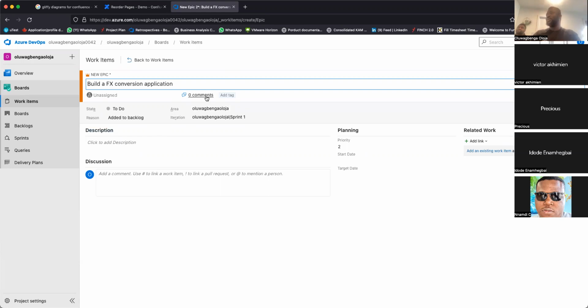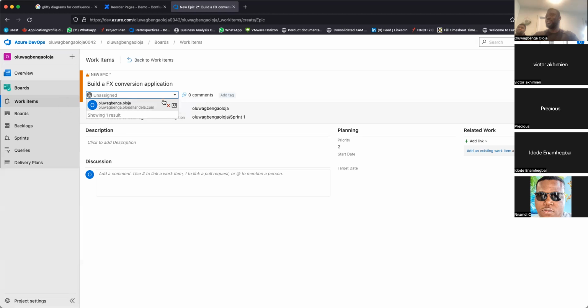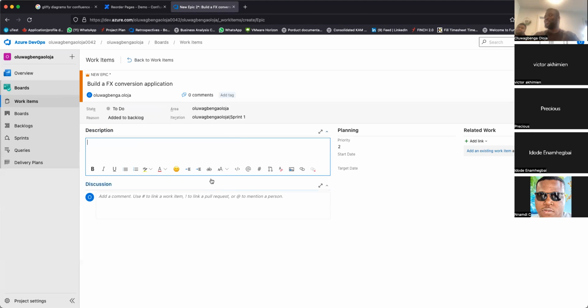Okay. So it can just be very high level, and you can assign it, because I'm the only one configured on this board for now. I'll assign it to myself. I can give more description about the epic. I can say things like, this solution, as we discussed earlier, should be able to allow users send money